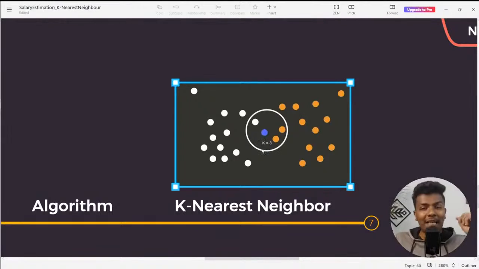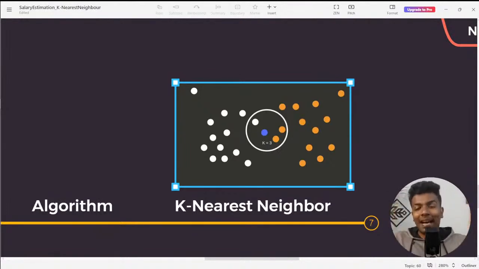You just see here and tell me, which color data point is maximum? Is it orange or is it white? Give your responses in the live chat, guys. Is orange maximum or is white maximum here? Don't make a count of this 1, 2, 3, 4 outside; white is maximum, orange is minimum, don't count like that. Just make the count inside the circle.